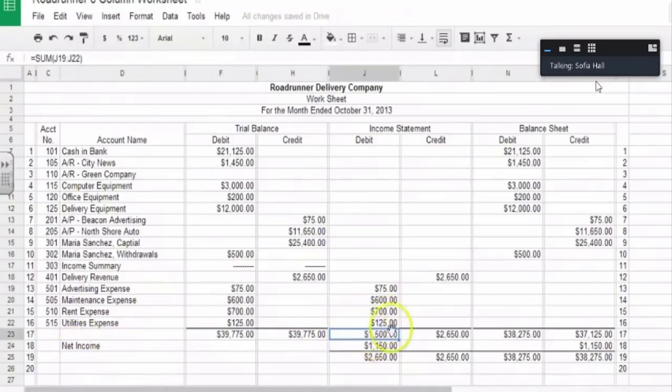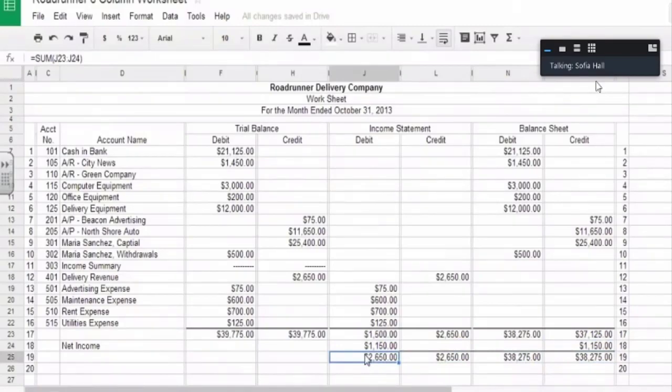Remember, if it were the opposite, and if our expenses were greater than our revenue, we would have a net loss, and we would need to put that in our credit column. But let's be happy that we've got some income here. Remember, that net income gets transferred over to our owner's equity account, okay? And since we need to increase our owner's equity, we are placing it in the credit column of our balance sheet. Once we have our net income on our income statement and on our balance sheet, you'll notice that we balance out our two columns, our debit column and our credit column.